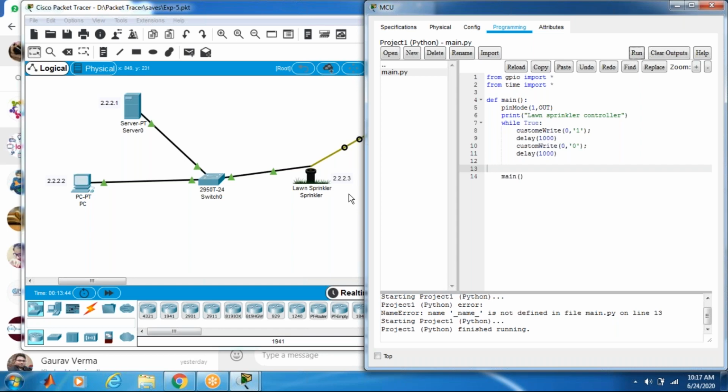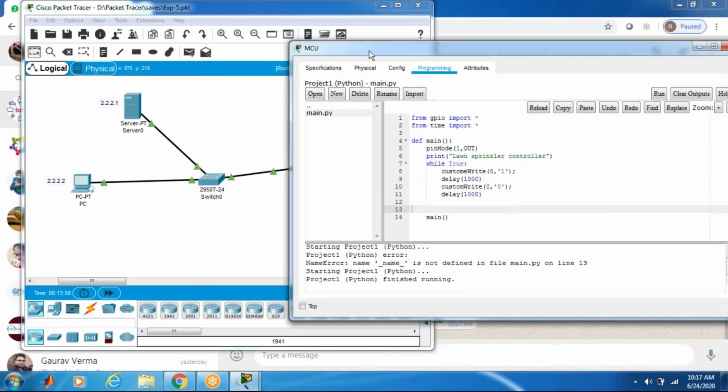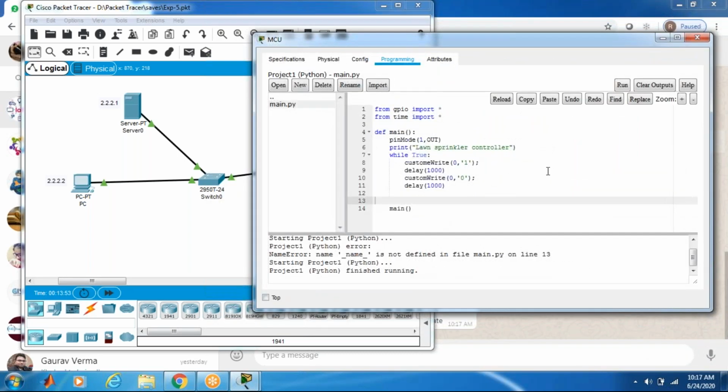I'll just share the program. Now, I have already shared one particular program with you. The only thing is, instead of a hyphen, you have given an underscore, I think. Can you undo it once?